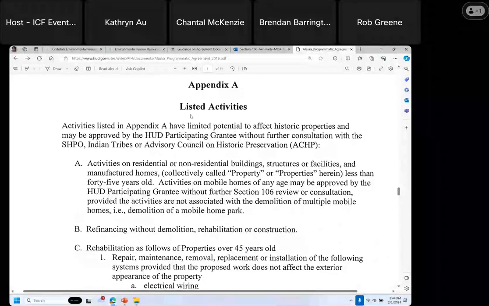And then Appendix A. I used to keep a printout of this when working on Alaska projects. I used to keep a printout of this on my desk for easy referral. So all of the activities listed below do not need to consult with Alaska SHPO or tribes or the advisory council. So activities on buildings, structures, or facilities less than 45 years old,